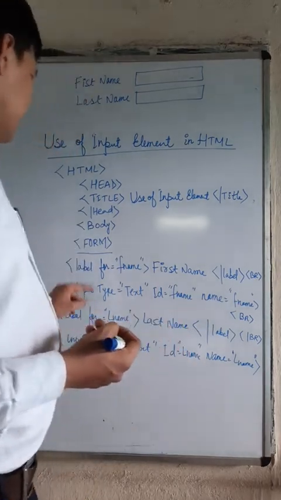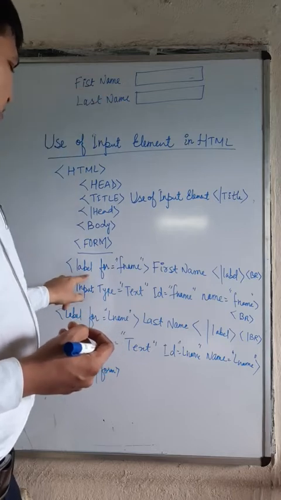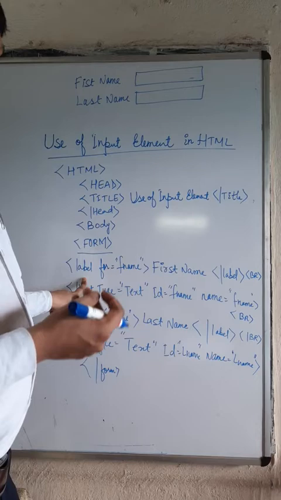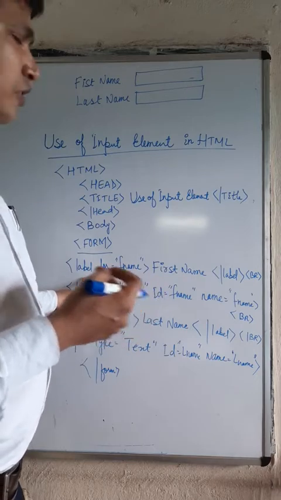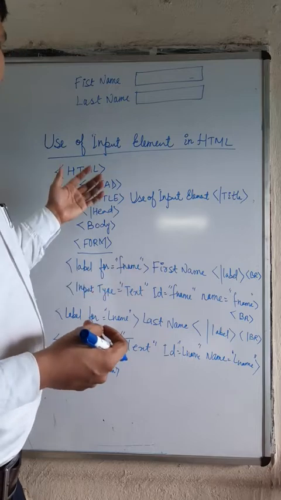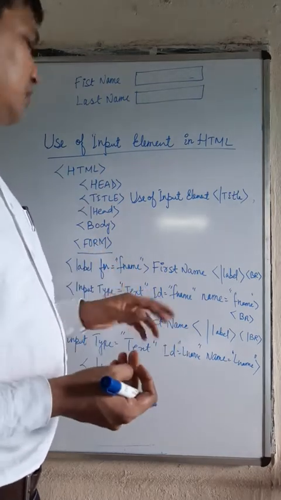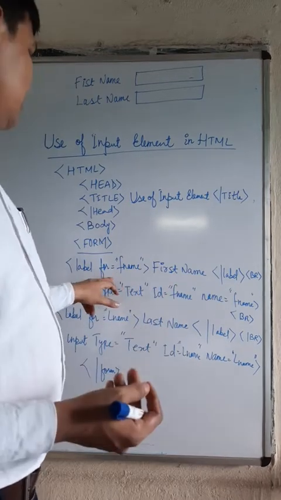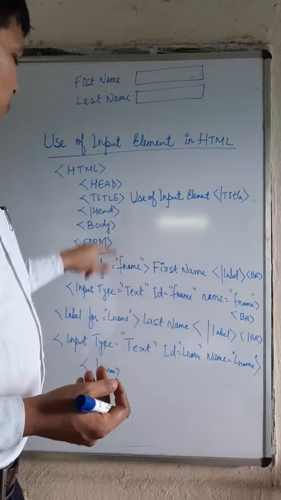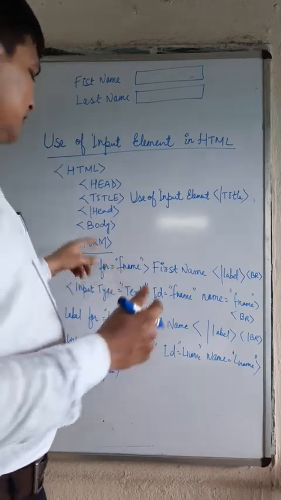Actually students, if you want to display a label, first name, then you have to define the label first. First of all, there is a label tag that helps you to define the label in the HTML form. And for the label, I have to define what it is for. That means you are defining the name of the label. The label for equal to fname, meaning the label that you are defining contains the first name.